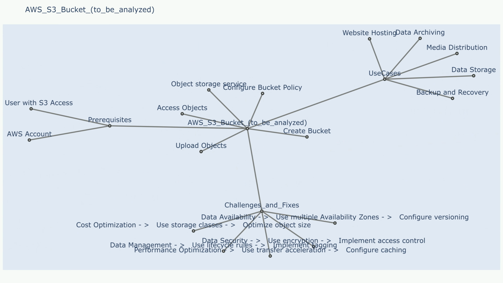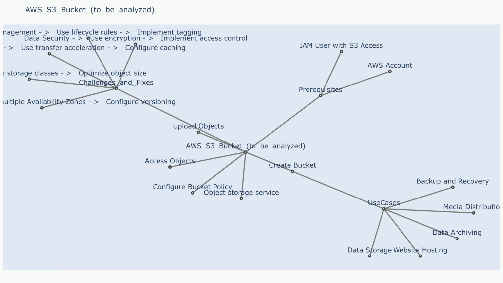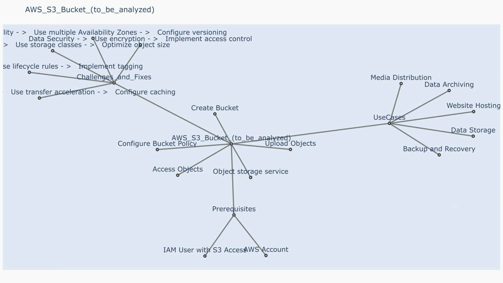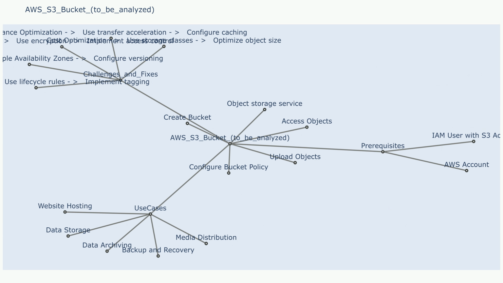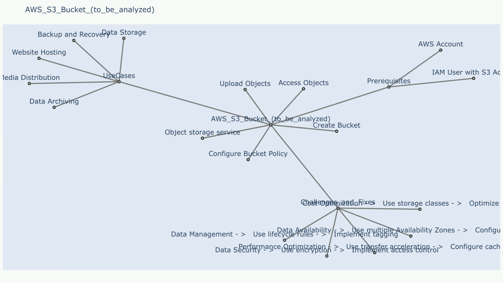Use cases: storing data in S3 is a common use case, such as images, videos, and documents. You can use S3 to store large amounts of data for various purposes, like web applications, backups, and archiving. Hosting static websites using Amazon S3 is a popular use case. You can store your website files, such as HTML, CSS, and JavaScript, in S3 buckets and configure them to serve